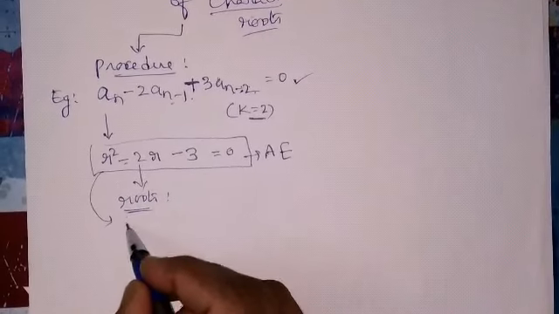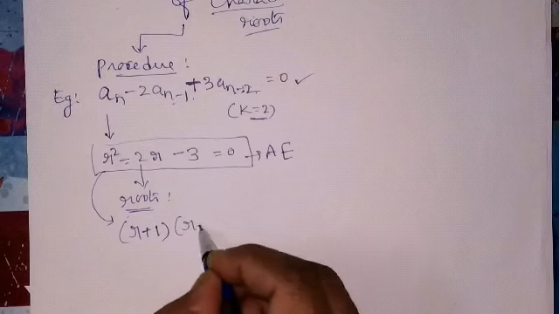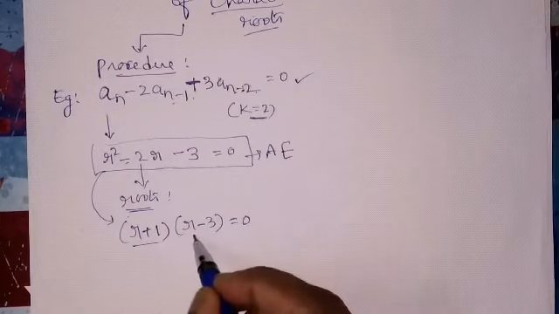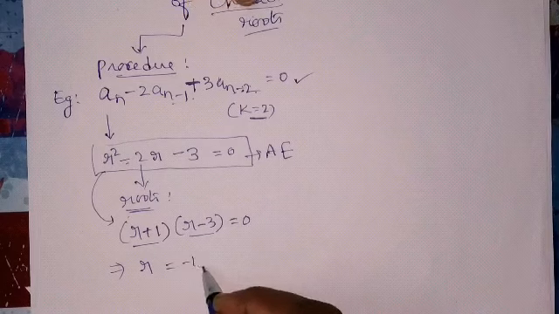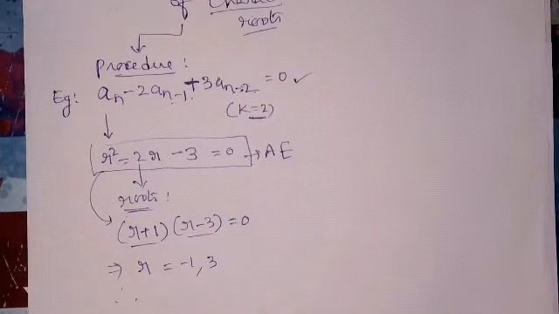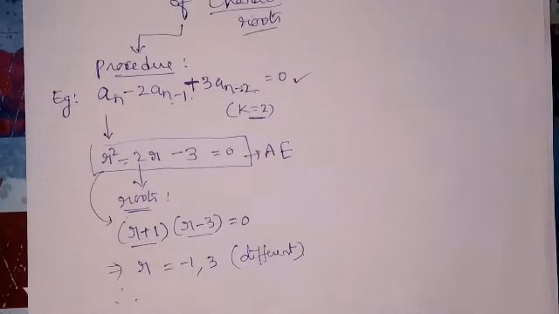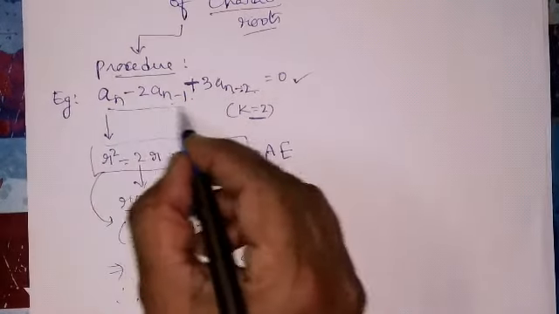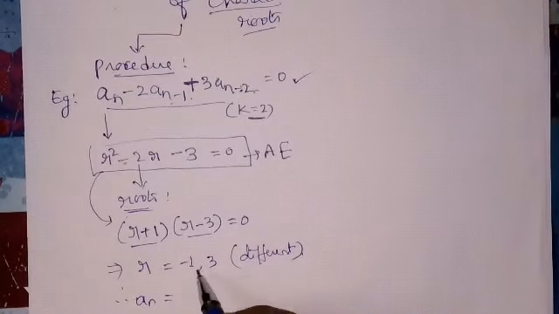When this is factorized, it can be factorized in the form (r plus 1)(r minus 3) equal to 0. Its factors are r plus 1 and r minus 3. Accordingly, we have got the values of r: minus 1, 3. Therefore, because the roots we have got are different, minus 1 and 3,